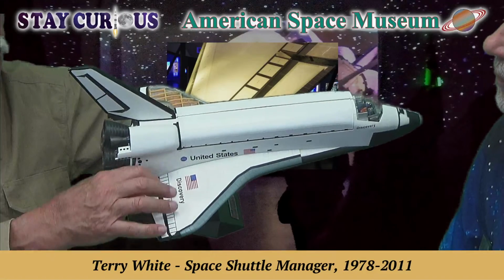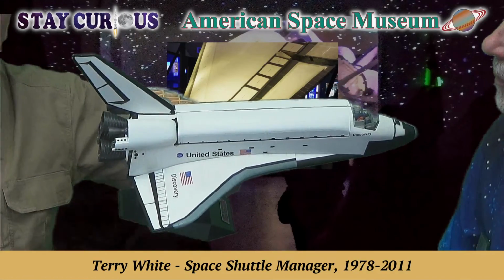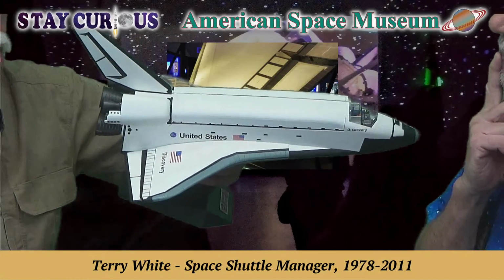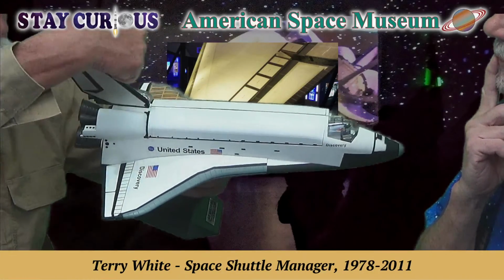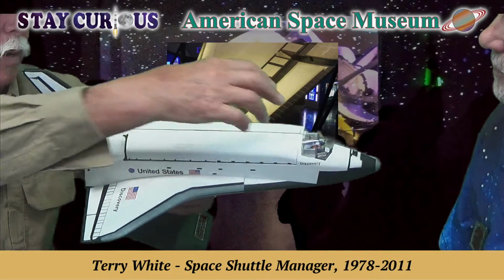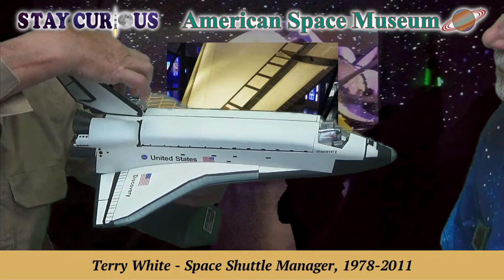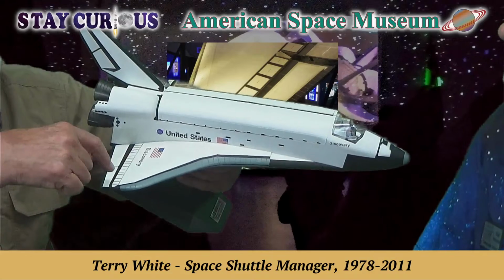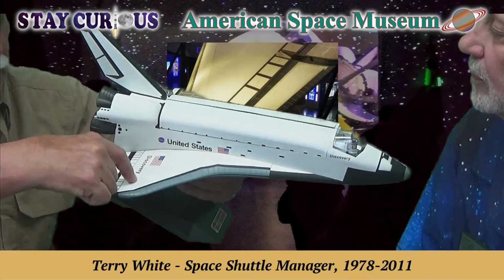So that's what these doors do, is protect that. And the wing is the only part of the orbiter that we could walk on. We had platforms to walk on the inside, but you couldn't walk on the payload bay doors. You couldn't walk on top of the crew module or the orbiter maneuvering systems. But the wings, with special coverings on your shoes, you could walk on the upper wing, and the majority of